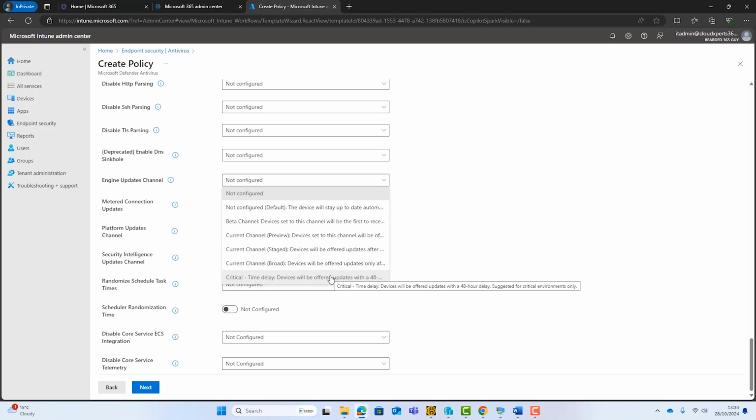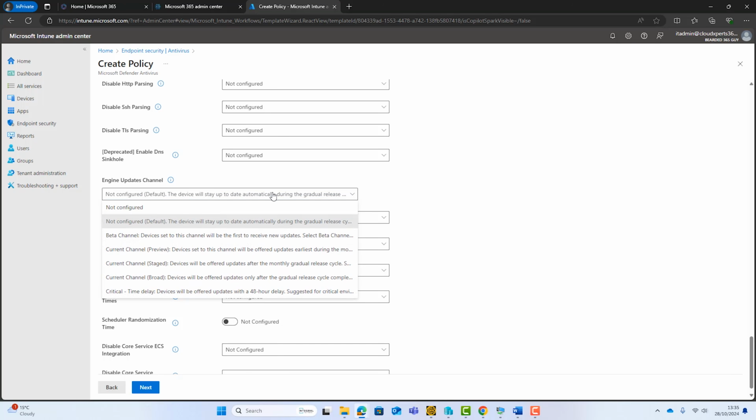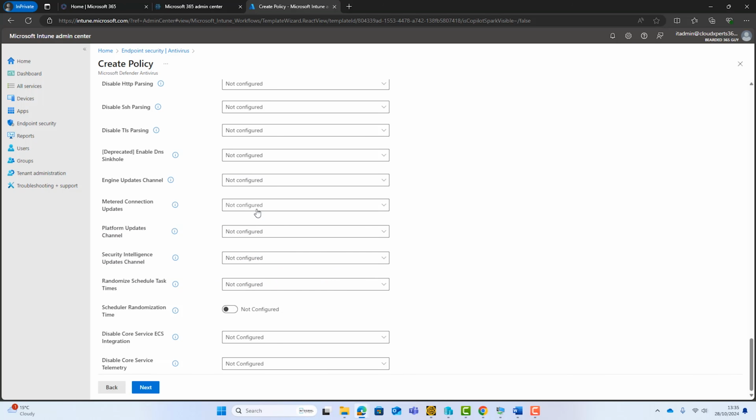That means devices will be offered updates with a two-day delay. So if you've got a critical environment, you can enforce that onto there. Again, you can use groups. We've talked about Entra ID groups. You can have different AV policies for different devices. But my temptation would be to leave these as not configured and the default. Okay, so nothing to worry about there.